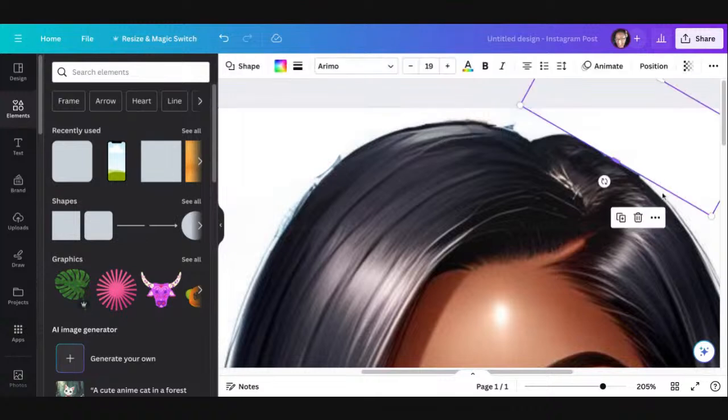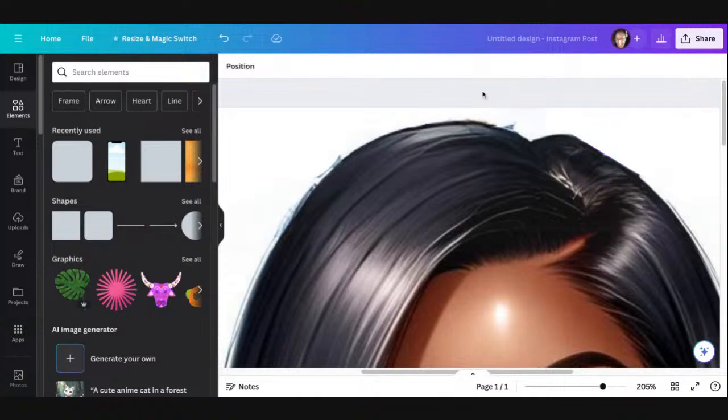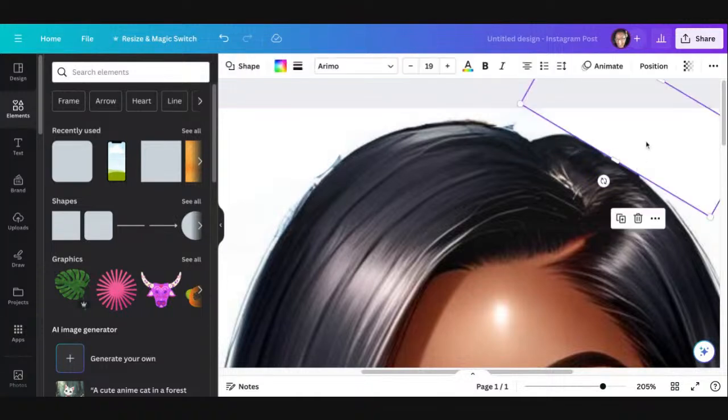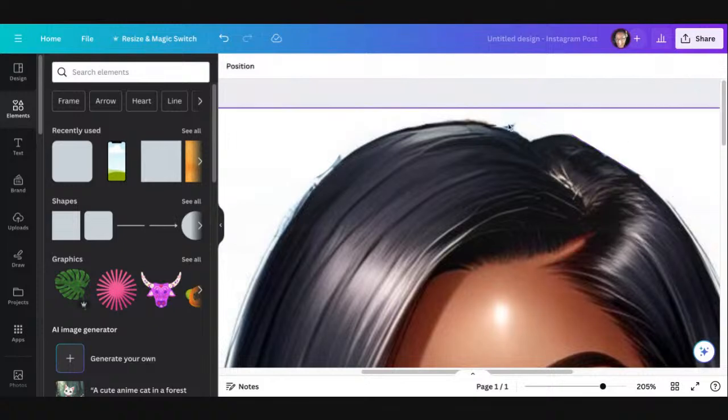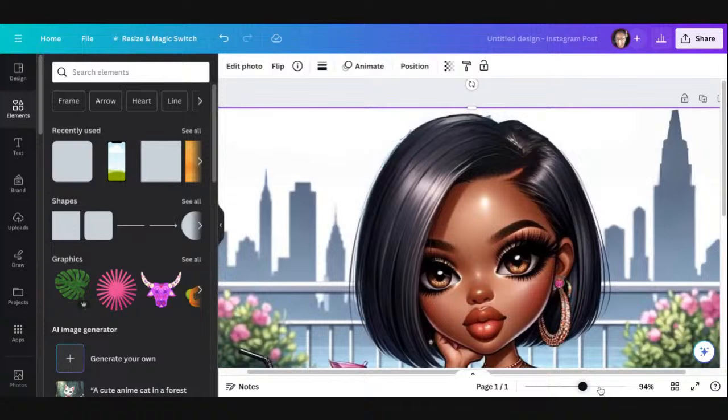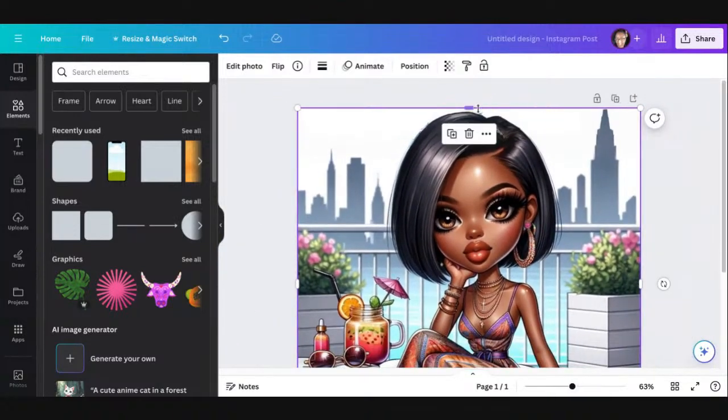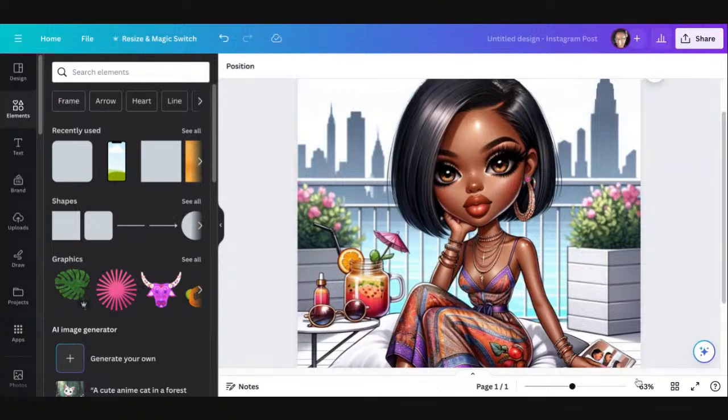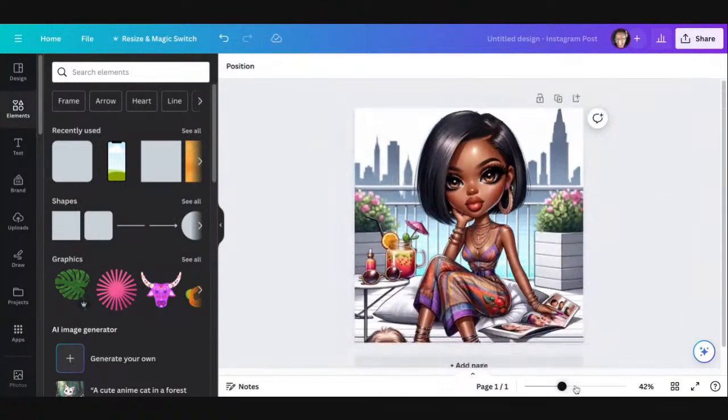But this is kind of a way. There we go. So I got it better than I thought I would. There are still little edges right there, but you get the gist of it.